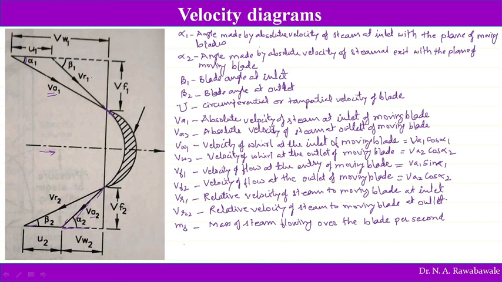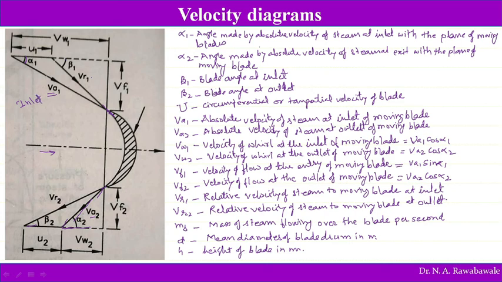Let d be the mean diameter of the blade drum in meter, and H be the height of the blade in meter. So these velocity diagrams, this is the velocity diagram at inlet